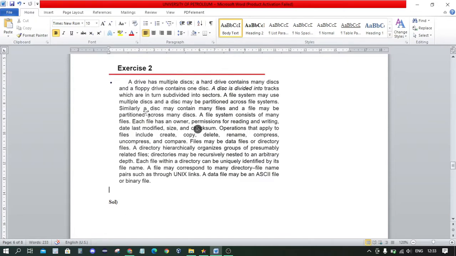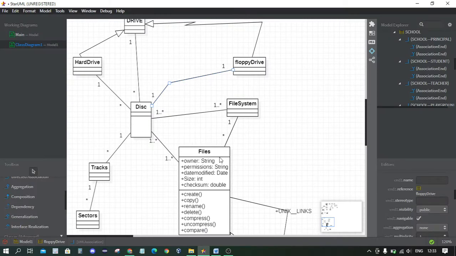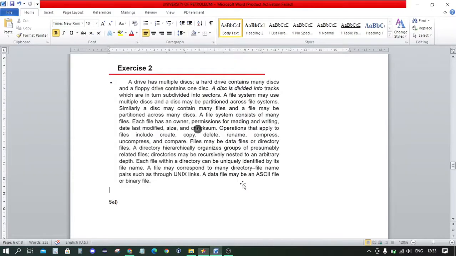Then similarly, a disk may contain many files. So we have to make another class named Files. A disk may contain many files, and a file may be partitioned across many disks.